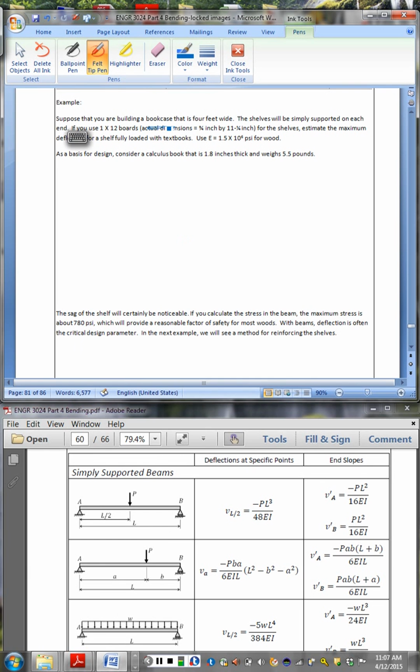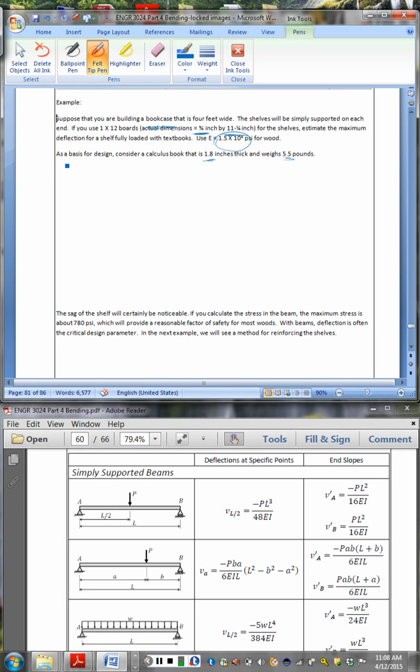The bookshelf is 4 feet wide. The shelves are simply supported on each end, and they are standard 1x12 boards, which in fact are 3/4 of an inch thick and 11 1/4 wide. And we want to estimate the maximum deflection if we've got our new bookshelf stacked up with a whole bunch of calculus books. We'll say that the modulus of wood is 1.5 million psi, and we're going to take our test case of a calculus book that is 1.8 inches thick